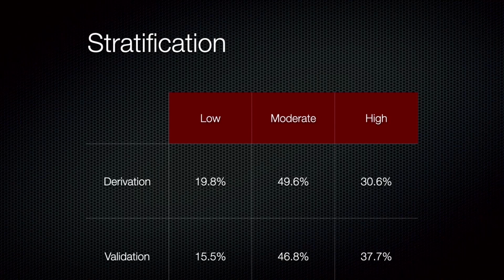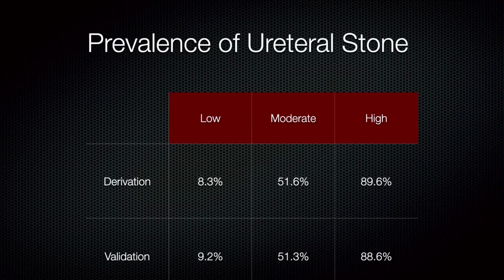So about 20% of people, or 15 to 20% of people, were in that low risk. About half of the people were in that moderate risk, and the other 30 some odd percent of people were in the high risk category. So when you break that down and look at the low, moderate, and high risk, what's the prevalence of kidney stones? It basically follows that linear